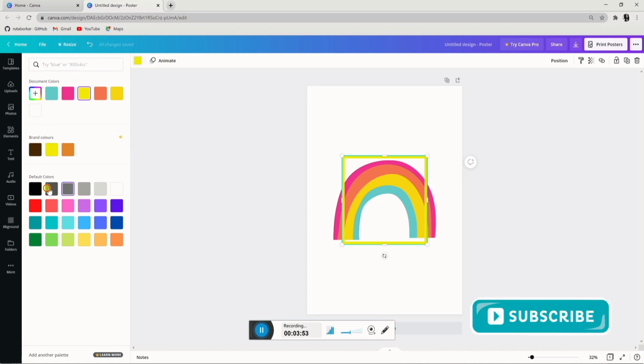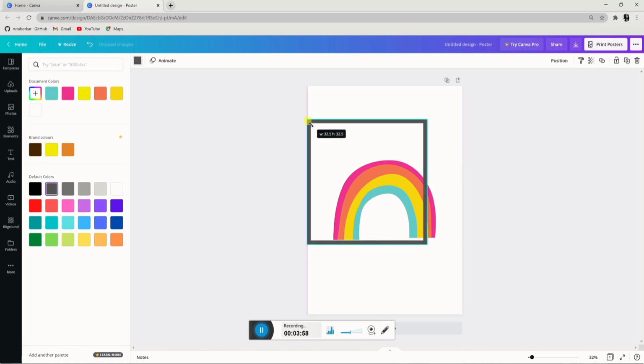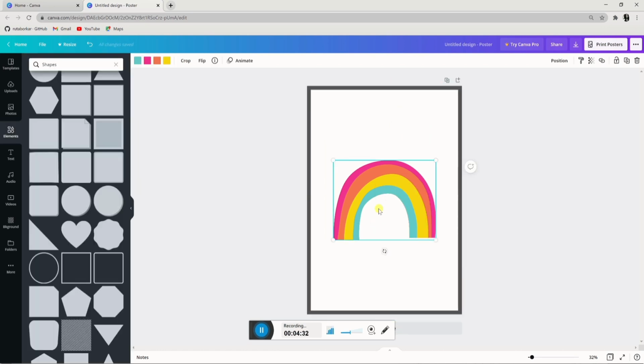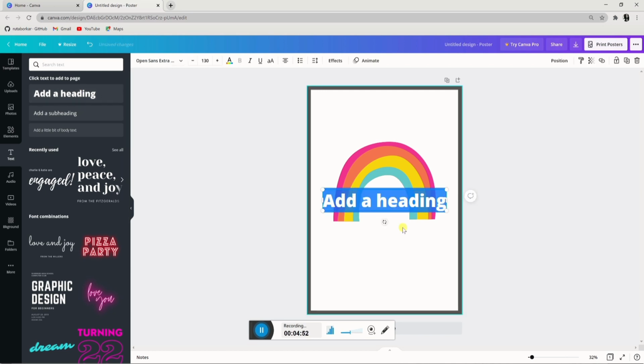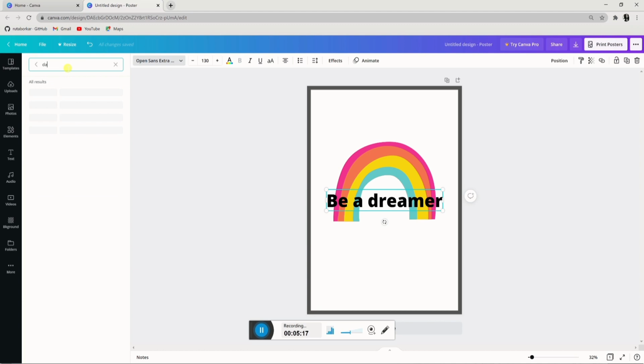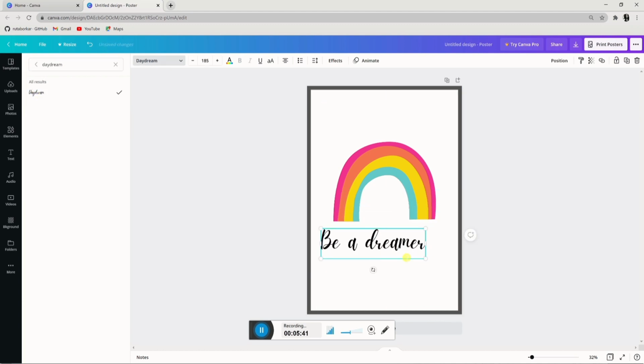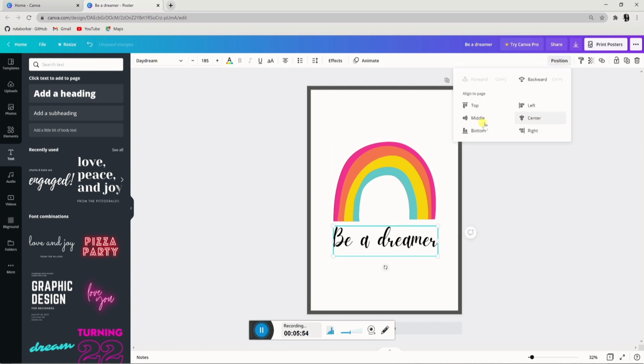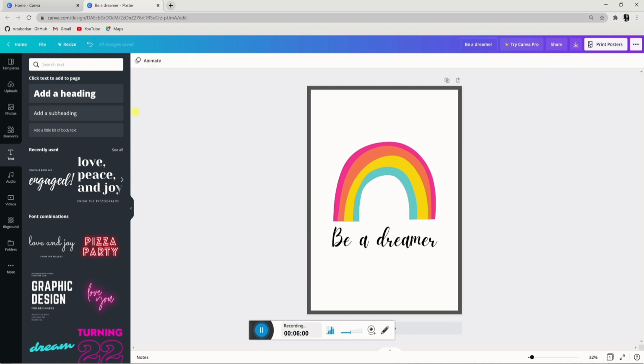We'll put a nice border on it so that it looks like a poster. And we'll add a simple quote that will go with this design. Canva is so easy to use that you don't have to be a graphic designer to create one. Here my poster is complete.